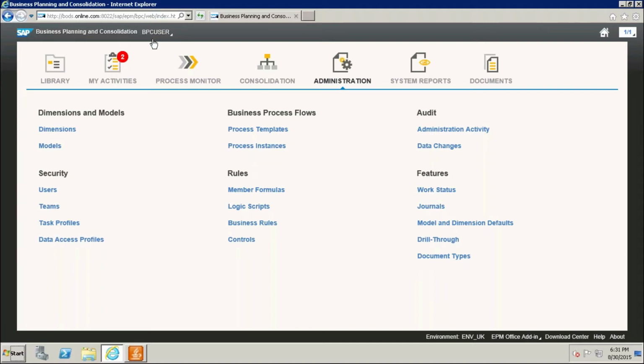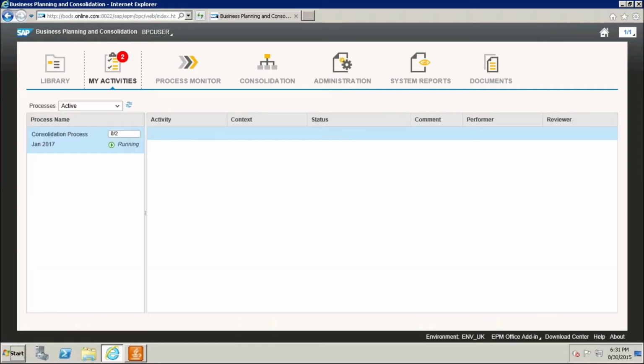If I click, now I am the user, my user ID is BPC user. When I click on My Activities, I get two activities. One is for Australia and one is for China, because this BPC user has access to both.